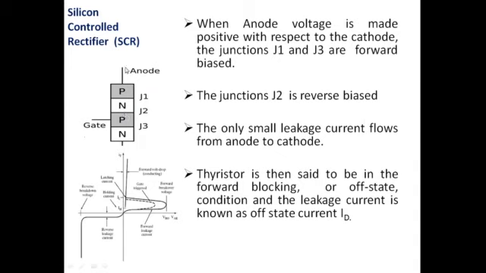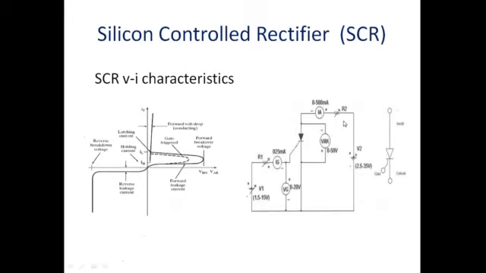If you connect a power supply like this across the SCR and keep the gate open, a very small leakage current flows. See, in this characteristic we have shown this very small leakage current flowing. Listen here, this is in terms of microamps. This is for one particular value of the applied voltage.